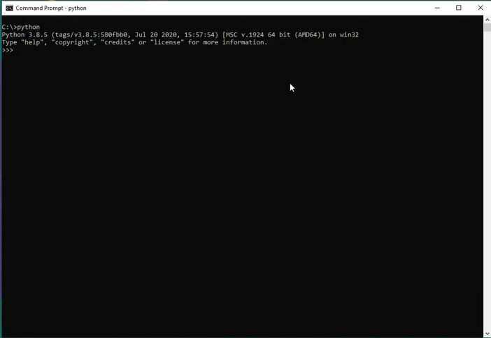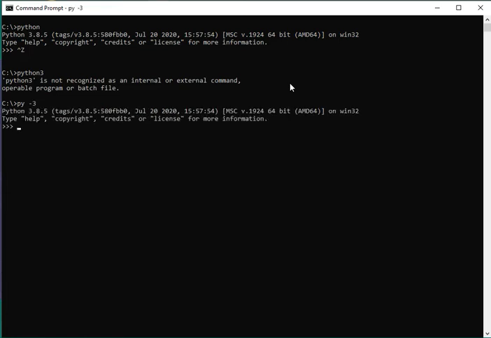So I'm already in the Python environment, so to go out, I said we'll press Ctrl Z on our keyboard and press the enter key. That will take you outside. So assuming I have such a thing as a lower version, all I need to do is type Python 3, and that will take me in. Or you can type py space hyphen 3. That will take you into your Python environment, and I demonstrated how we can do some mathematical operations